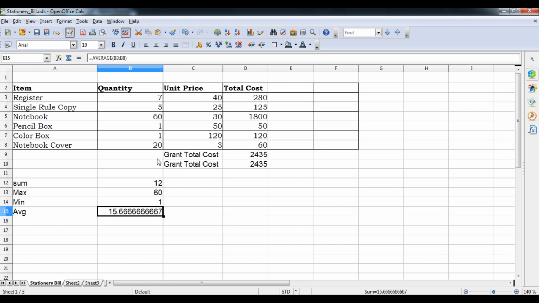Whatever the total, divide by 6. So I will show you here, student. Here is sum, that is B3 to B8. What will come? 94. Go to the formula bar, divide by 6. So it will be exactly like this. So it will be the average.